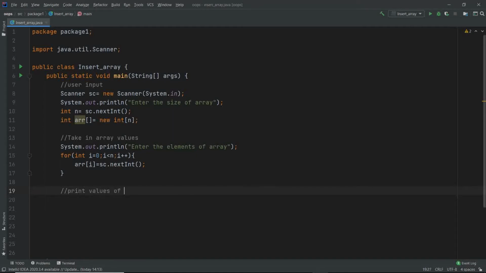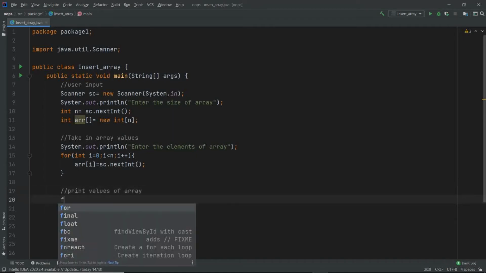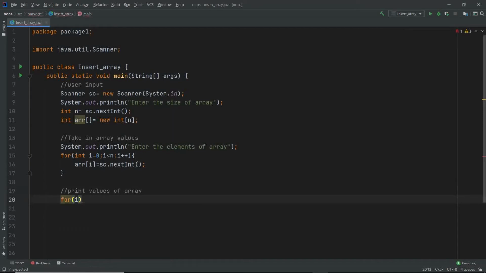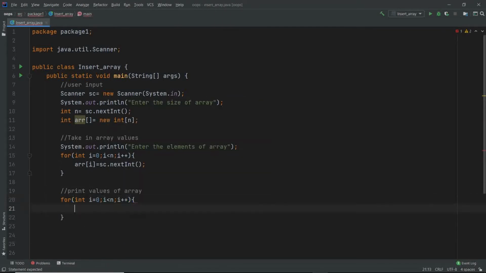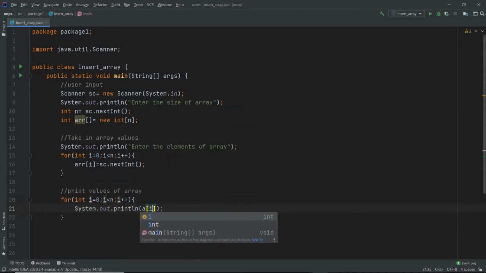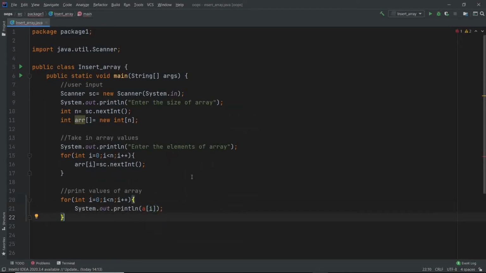Print values of array. Now here we use the for loop. For int i equals 0, i less than n, i plus plus, System.out.println arr of i. So this prints the value of all the elements of the array.